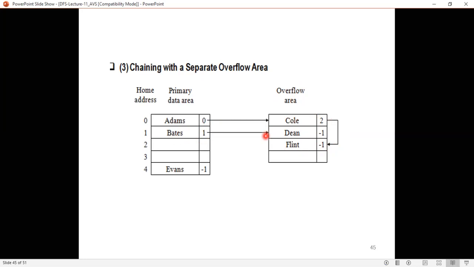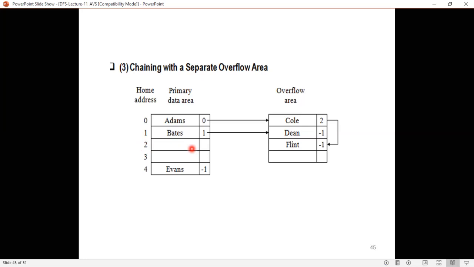Here, what are the advantages? It keeps all the unused home addresses free for later addition. That is, say for example, next you want to add one more key, Kevin or Calvin, with the home address 2, then you can add Calvin here. Understood? To the home address itself you can add Calvin.